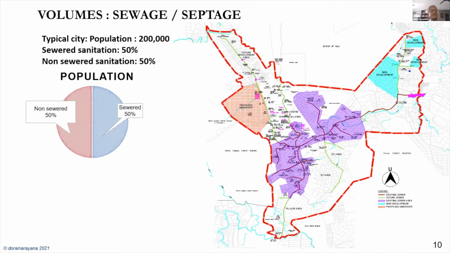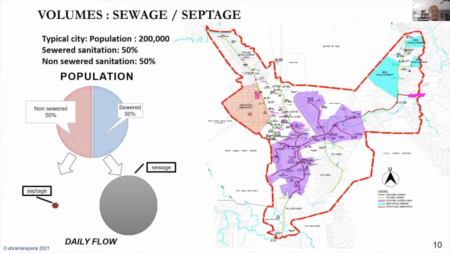Now, when we look at the total sewage generated from the 50% which is sewer, and the total fecal sludge or septage generated from the other 50%, this is what we get. The septage volume is so small, and the sewage volume could be about 100 times or more compared to the septage volume. The reason, as we saw earlier, is that the bulk of the liquid that enters the septic tank after settlement leaves the septic tank, leaving only the settled solids behind, right? But in the sewer systems, the entire contents are conveyed through the pipelines and reach the treatment plant.